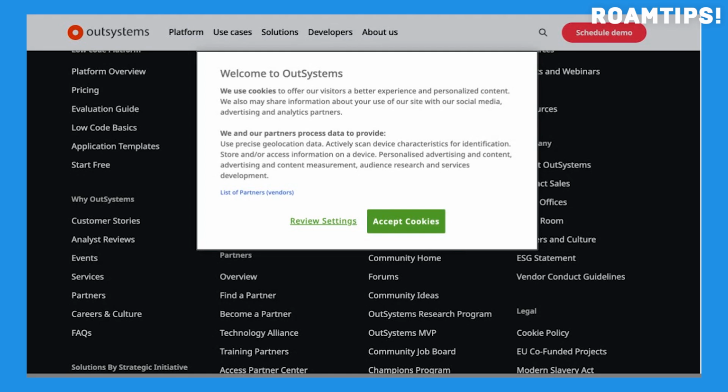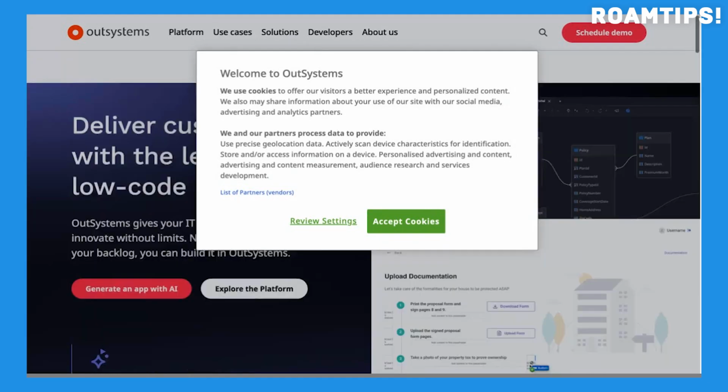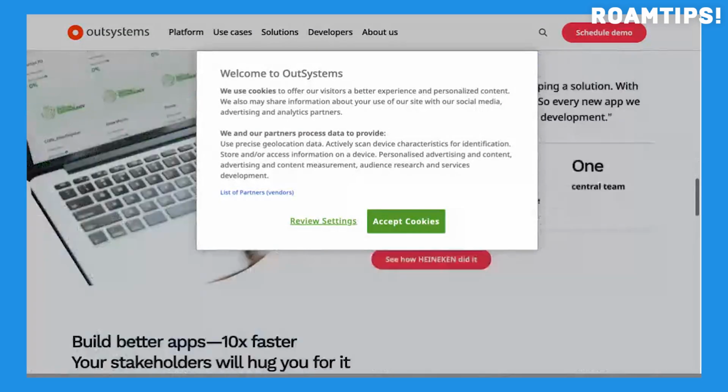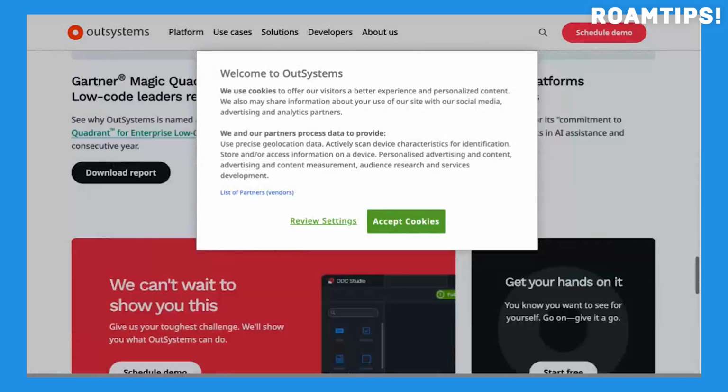OutSystems provides robust lifecycle management tools that streamline the entire application development process, from initial design and deployment to ongoing maintenance and updates. These tools facilitate continuous integration and delivery, enabling businesses to adapt quickly to changing market demands and